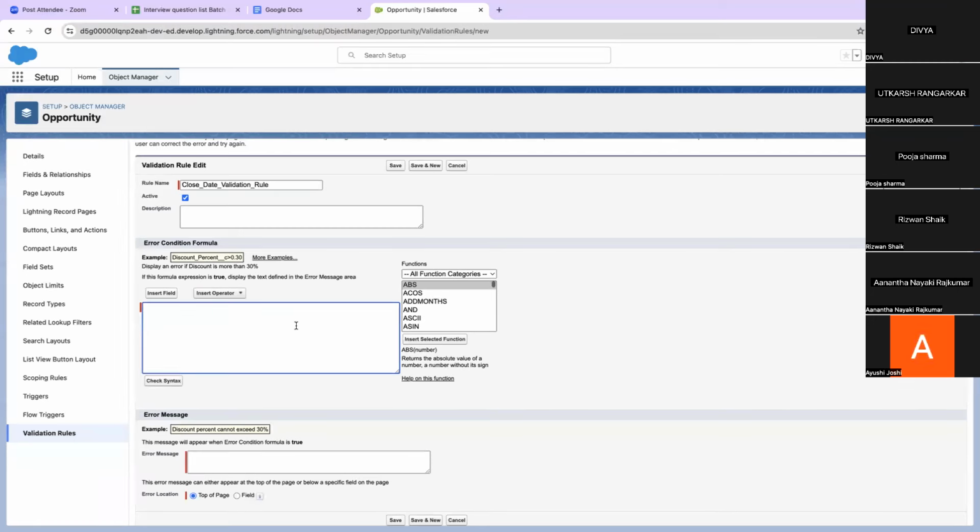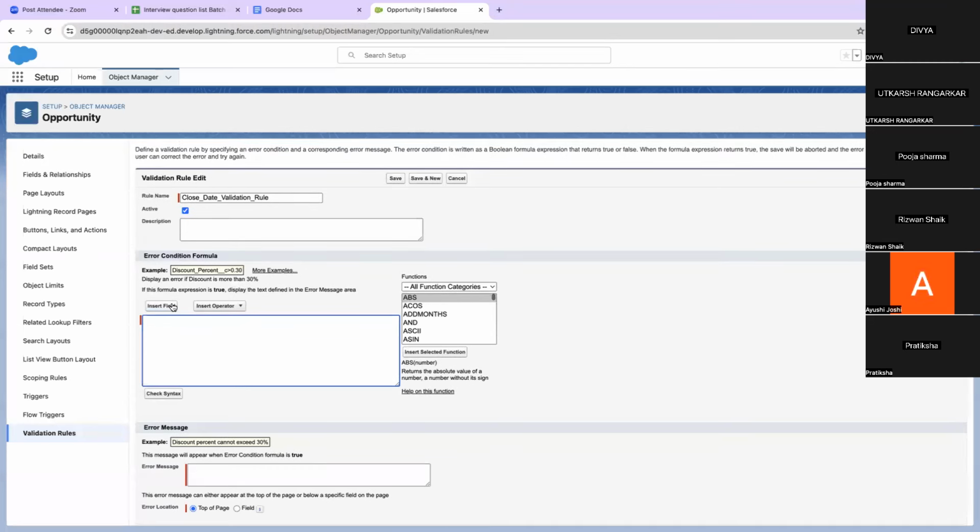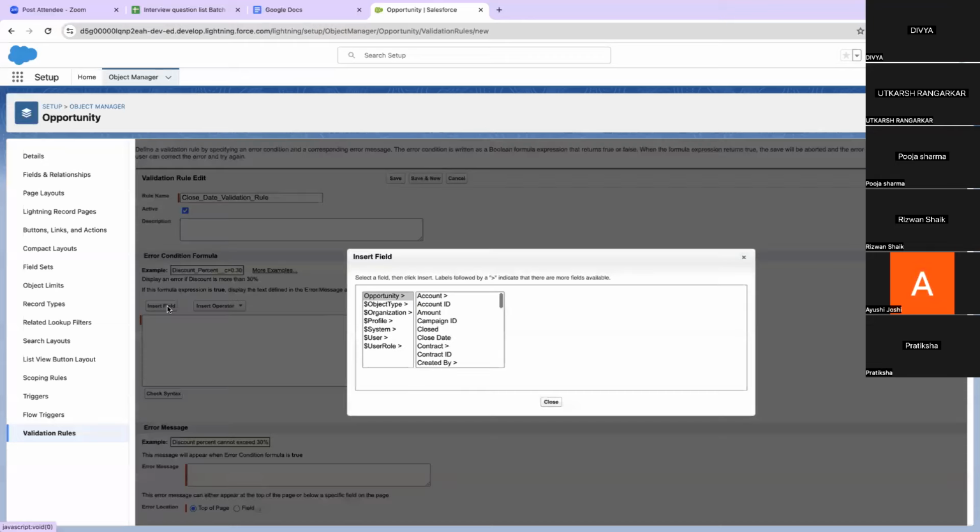So let's create a very simple validation rule. The situation is that we'll have to create a validation rule where we will not be able to close an opportunity whose close date is in the past. If we try to put a past date as a close date, we'll have to show the error message. Okay, very simple. We just need to insert the field of opportunity close date,